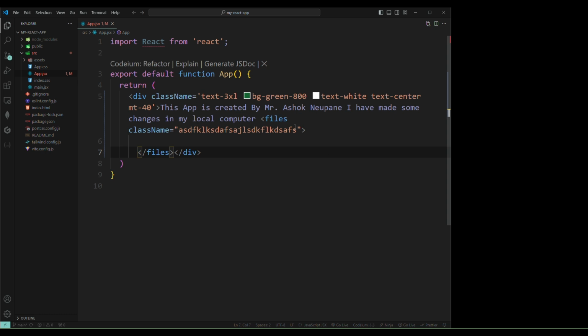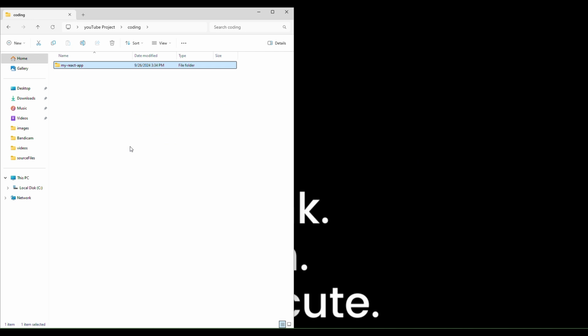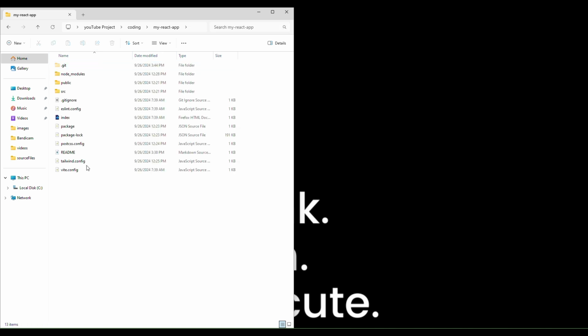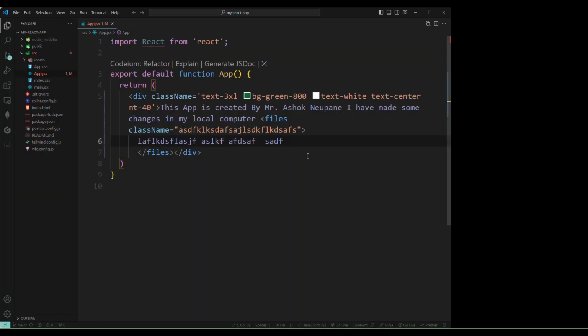Once you have done all those tasks, your work in the local computer, and then you have to go to the office, what you can do, you go on that file, just on this file. This is your file, you have opened in Visual Studio Code.